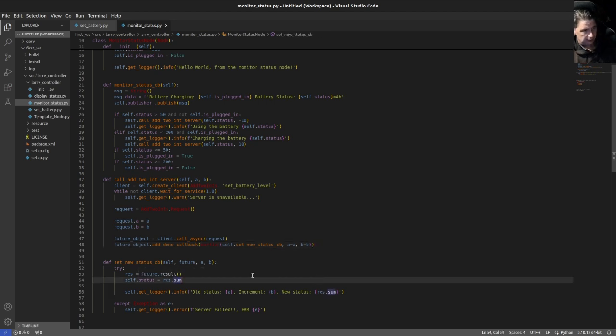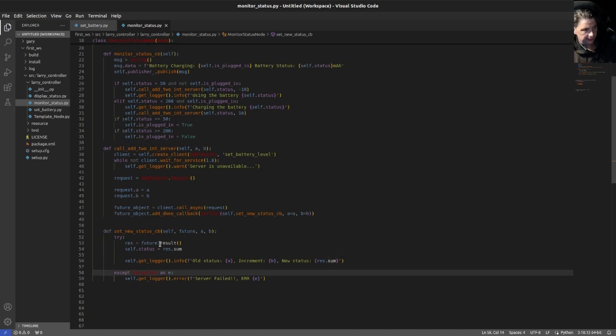Okay, so real quick, I ended up going with a try except, and what we're going to do is try to see if we got our result, and if we got our future, and if inside our future we have a result. If it does have a result, we're going to set our status to be equal to the response dot sum,